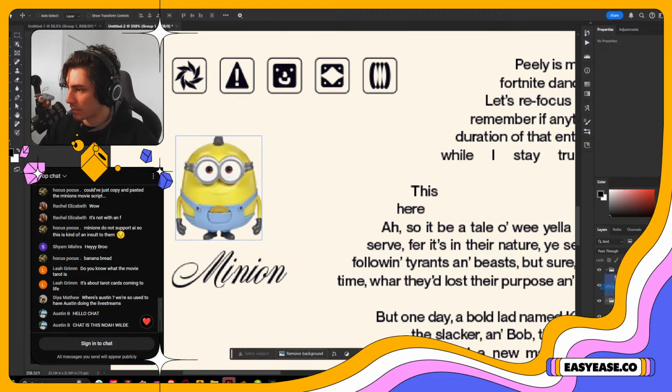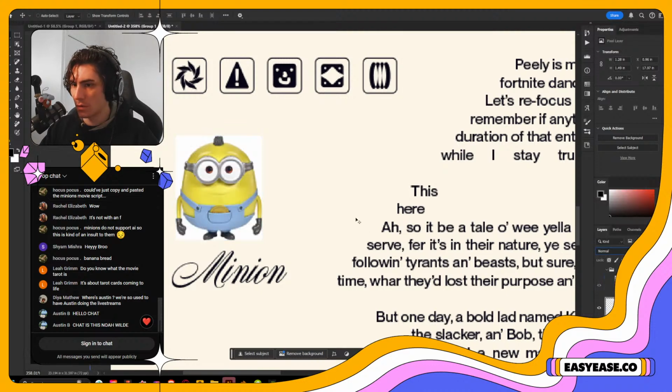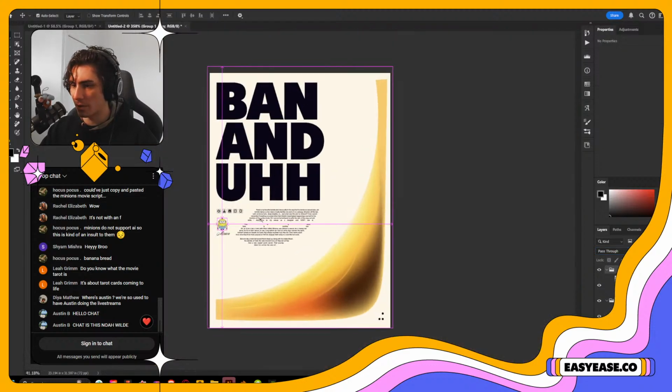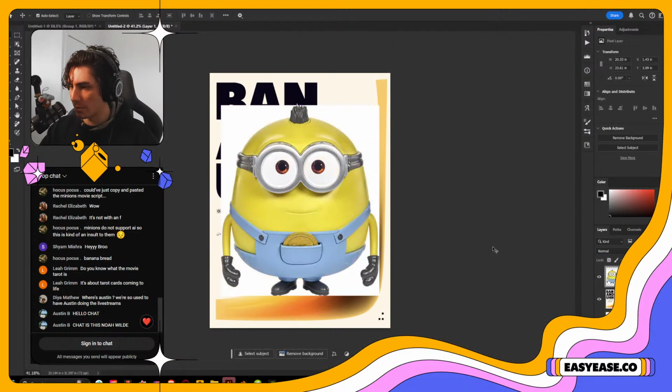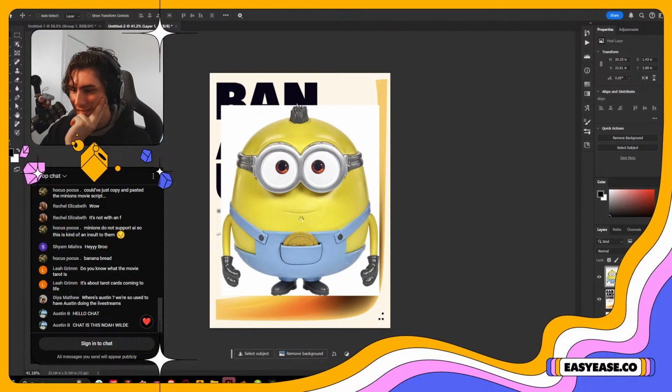First, I'm going to... hold on. Actually, I want to take the background off because of the things I want to do. I'm going to take his little background off. So we're going to select subject, please.